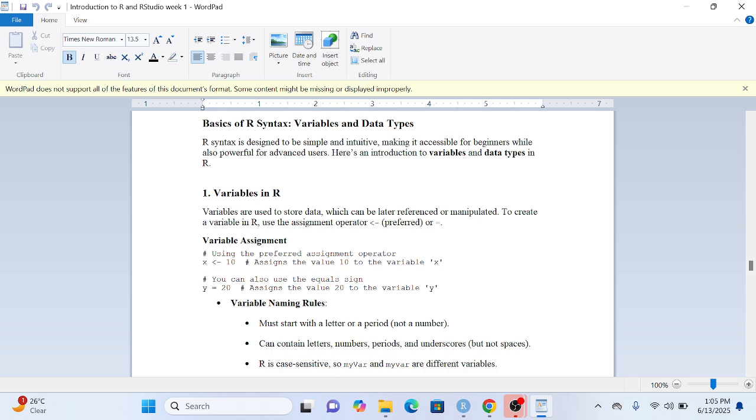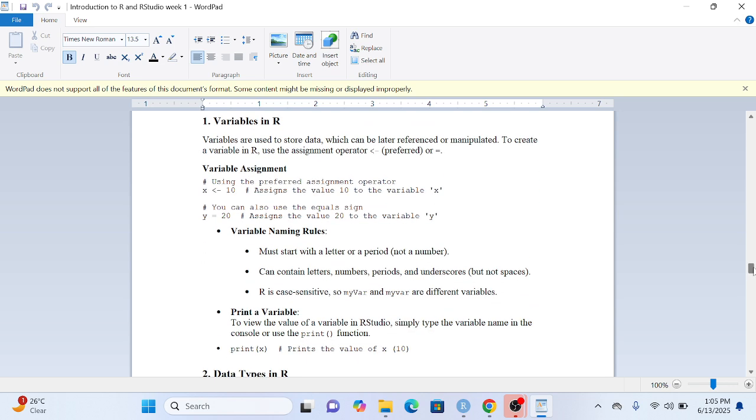So what is assigning a variable name, or a variable assignment, right? Using the preferred assignment operator, that is this. Let us now go and assign. Okay, let us now look at the variable naming rules. Number one, before you can give an object or stored information a name,